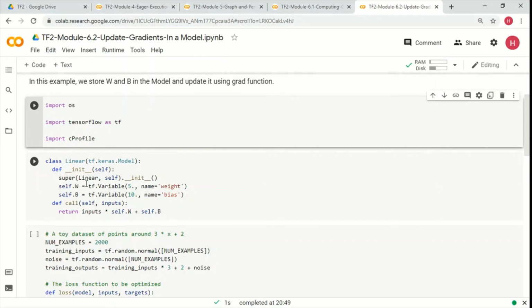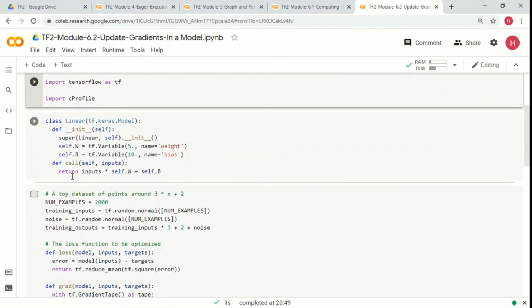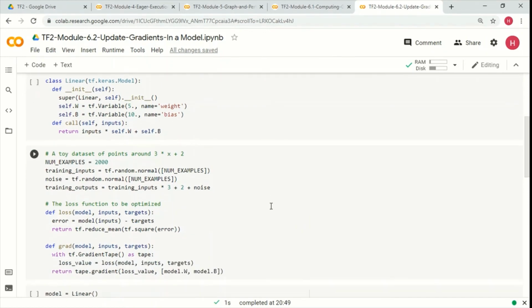We are using the init method to store our weights and biases. So we are initializing the weights and biases as 5 and 10 in this particular case, and then we have this call method, that is where we do the actual calculation. So input into weight plus bias, that's the operation, and we'll see where this method is getting used, right?